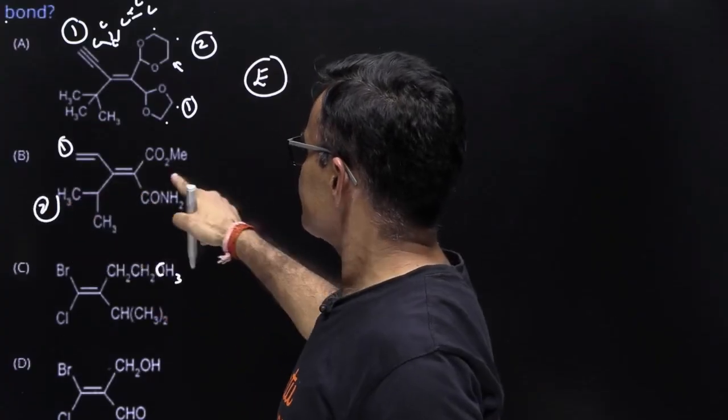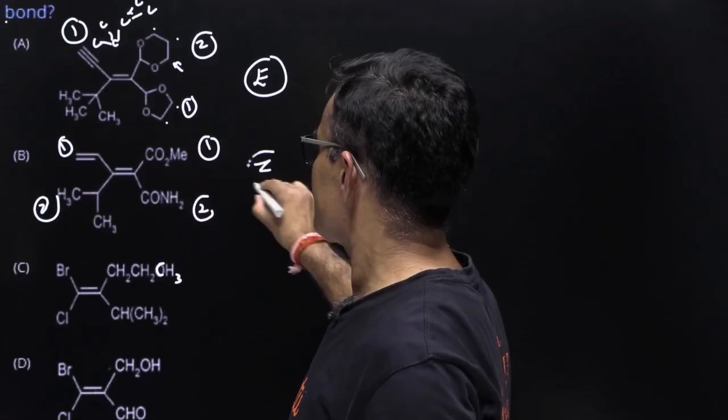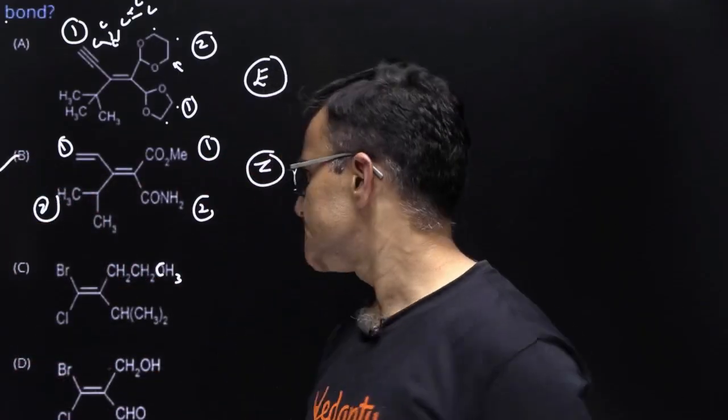सेम रूल लगाते हुए ये 1 हो गया, ये 2 हो गया, यहाँ पे एक एक्स्ट्रा ऑक्सीजन होने की वजह से ये 1 हो गया और ये 2 हो गया। 1 और 1 सेम साइड में है तो Z हो गया, यानी हमारा आंसर आ गया।